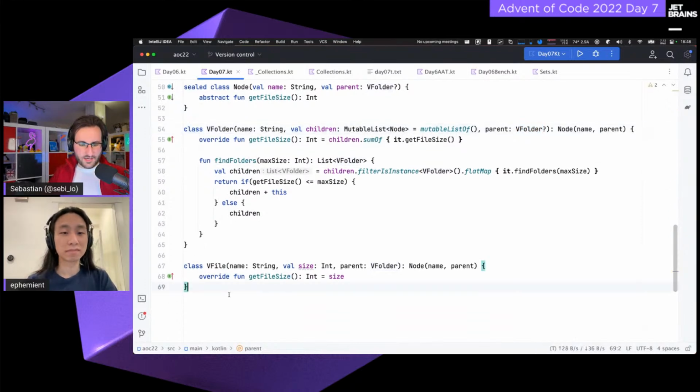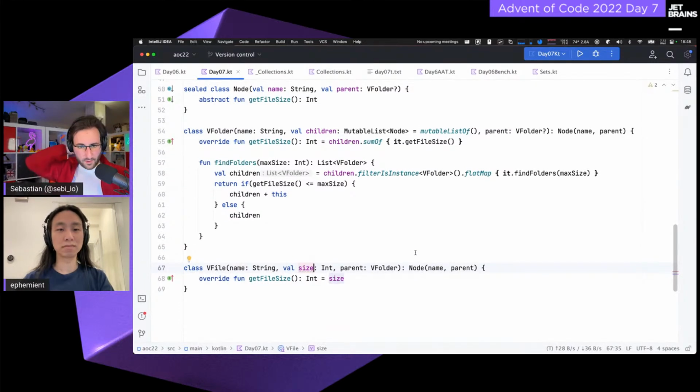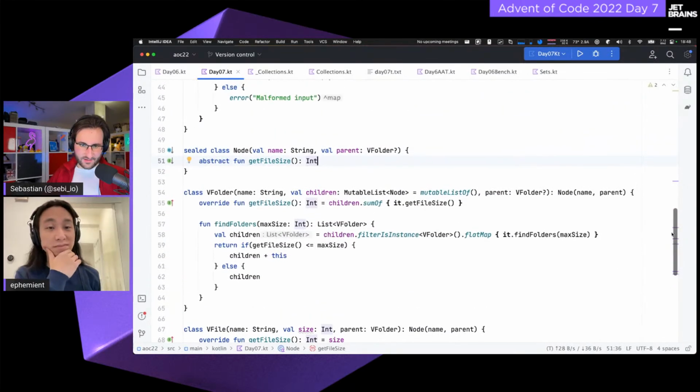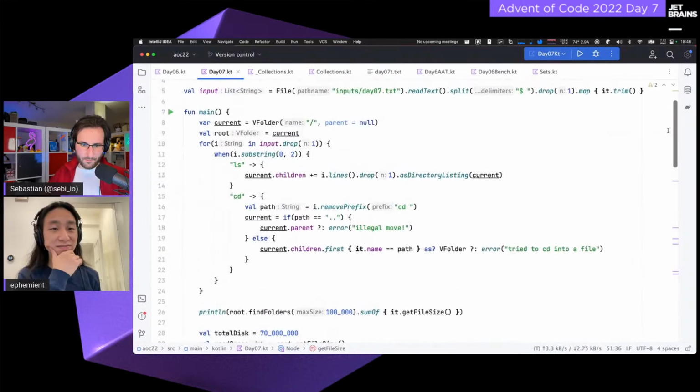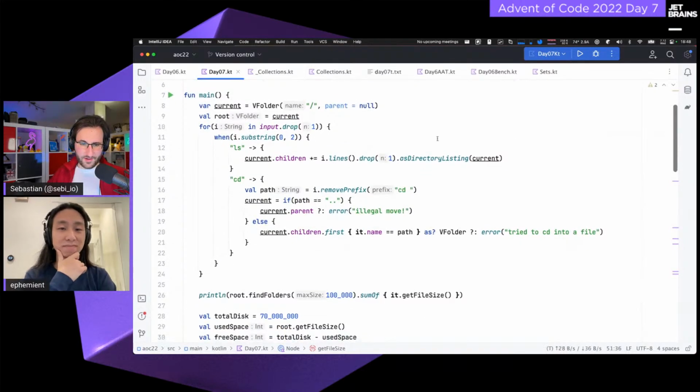I also needed to somehow store the files which had an actual size. Since these share a couple of common properties, specifically that they have a name and that they are potentially contained within a parent, I decided to model this as a sealed class of file system nodes. With that, we could start parsing the input.